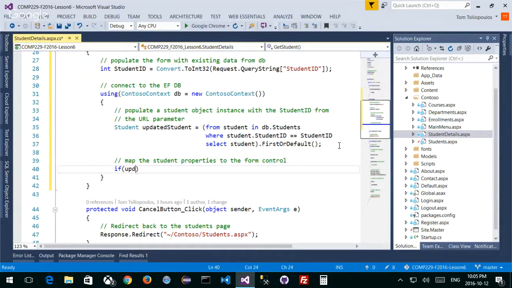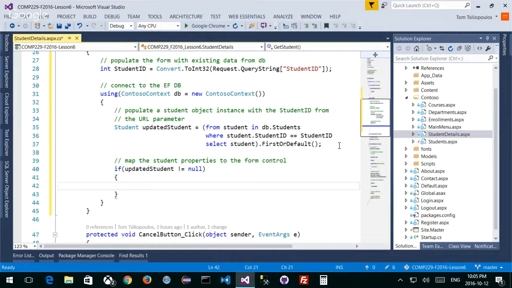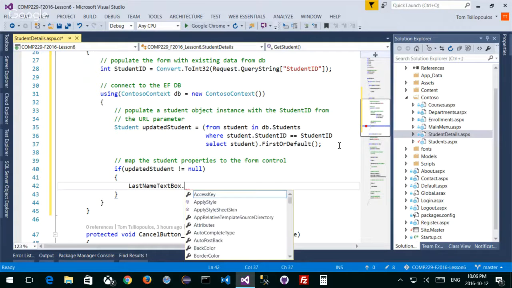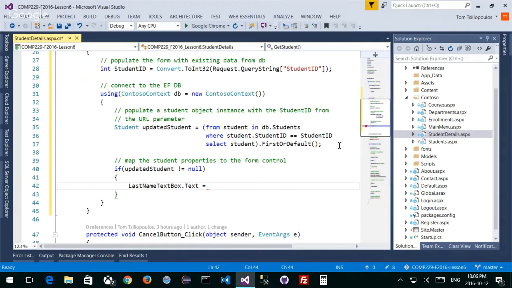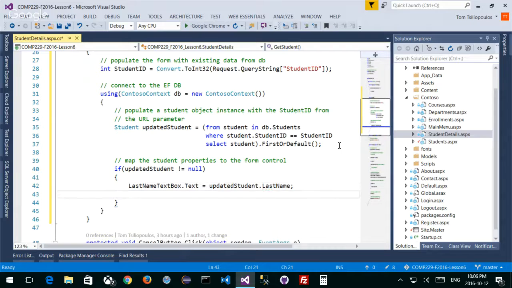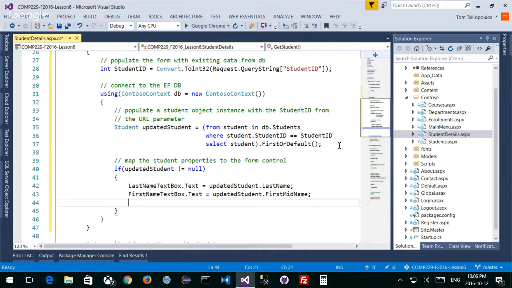I'm going to say if updated student is not equal to null, so I have some kind of data that I'm getting back from my updated student, then I want to say last name text box dot text is equal to updated student dot last name. Right, that's right from the database. And the same thing goes for first name text box dot text is equal to updated student dot first mid name. And then the last one is enrollment date text box dot text is equal to,